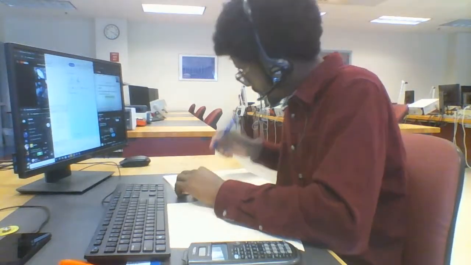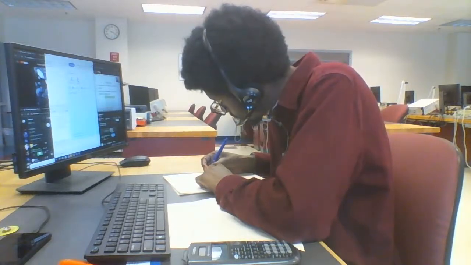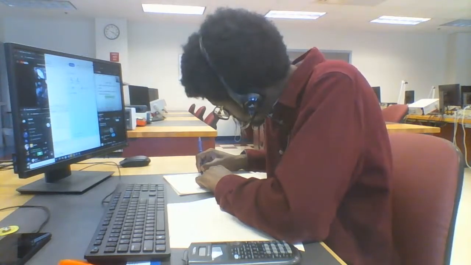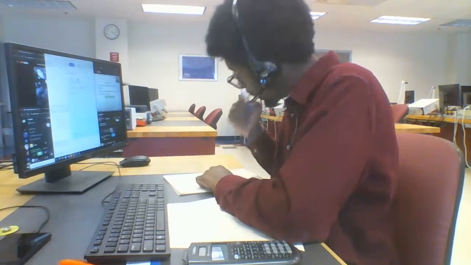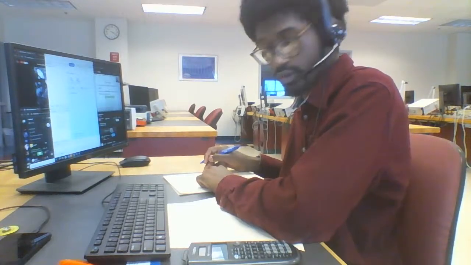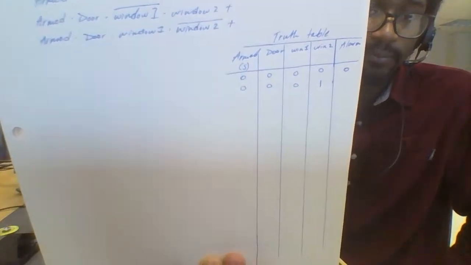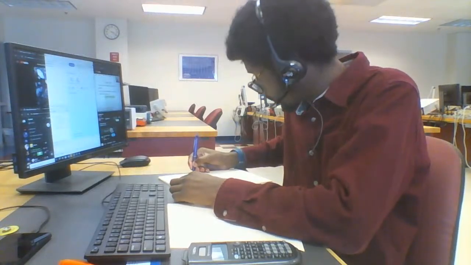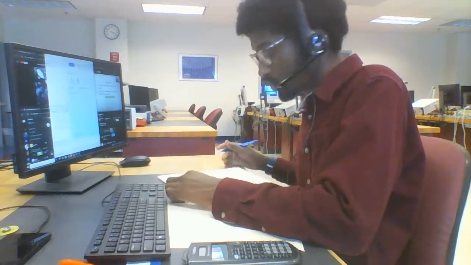Now, the armed is still going to be 0 because we're counting. We're counting in binary. So 1 here is going to be 0, 0, 0, 0. Oh, wait. My bad. It's going to be 0, 0, 0, 1. That's 1 in binary, at least for this situation. However, for the alarm, there is going to be no output because it's not set. So we're going to keep counting up in binary until we get to when the armed